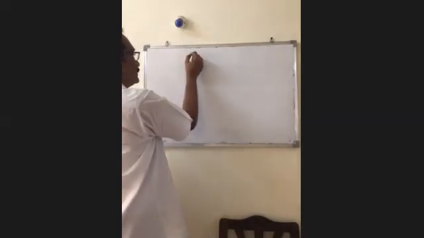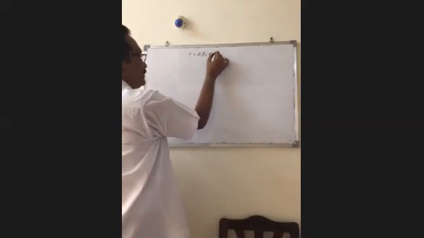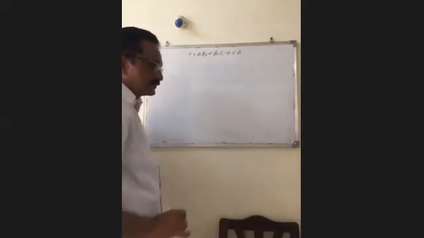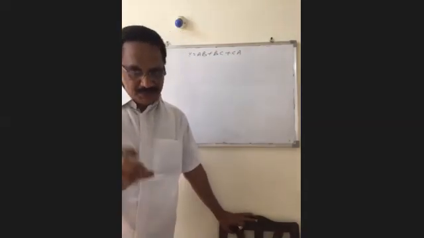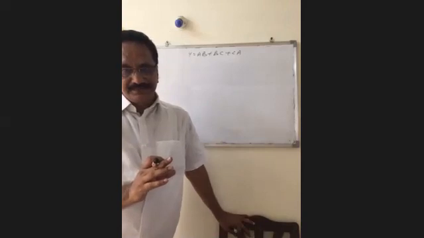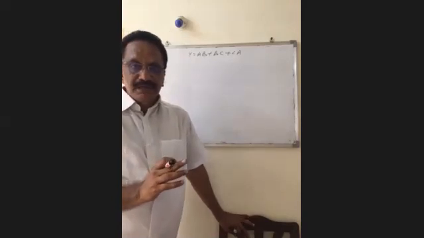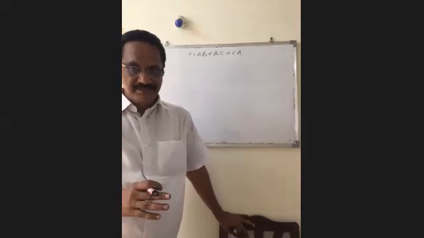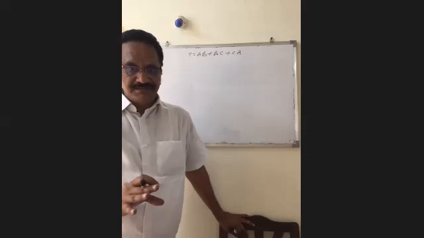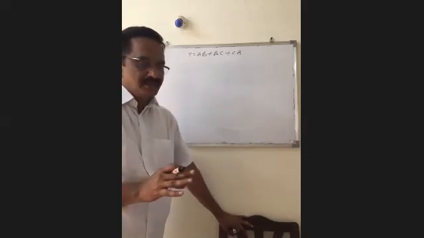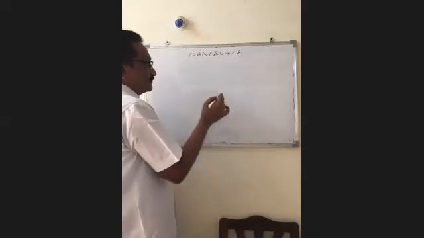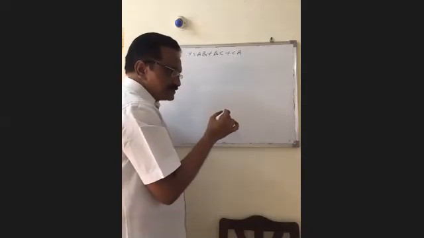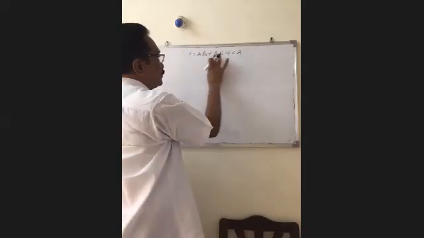This is the AB plus BC plus CA SOP expression. It can be realized by using AND OR NOT gates. How many product terms are there? 3 product terms. To realize that one, it requires 2 input AND gates.